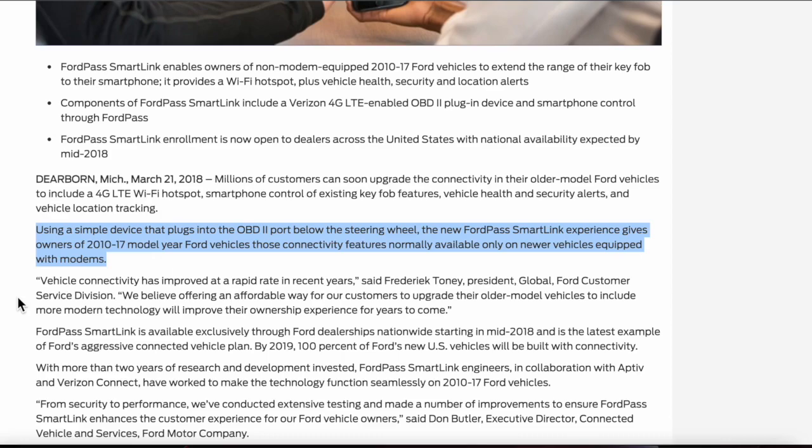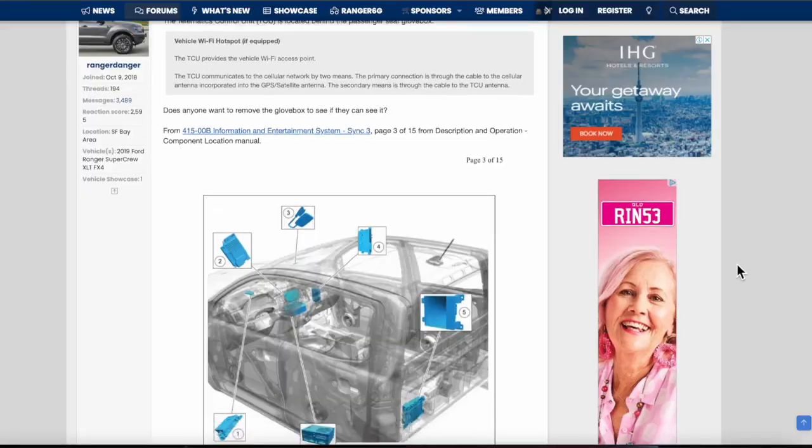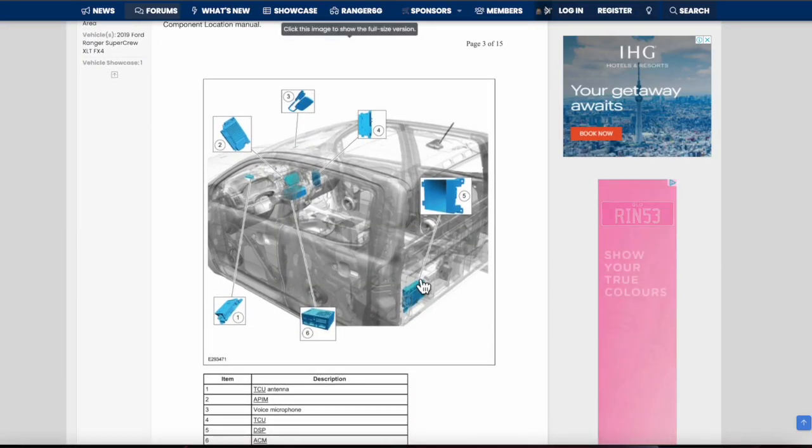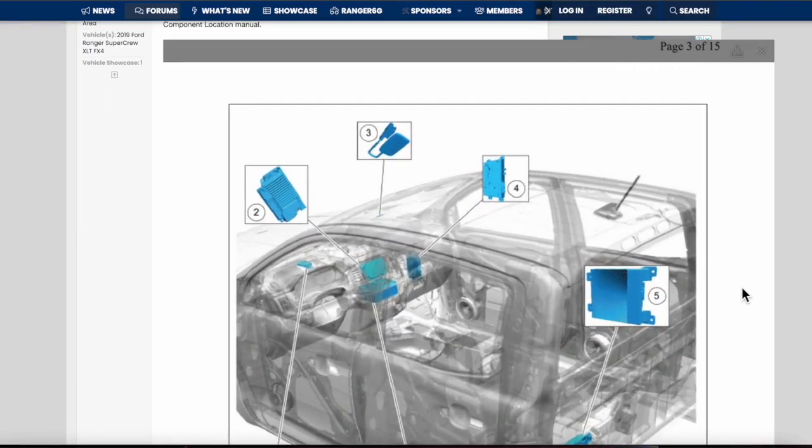It says, using a simple device that plugs into the OBD2 port below the steering wheel, the new Ford Pass SmartLink experience gives owners of 2010 to 2017 model year Ford vehicles those connectivity features normally available only on newer vehicles equipped with modems. And just to show you what that looks like,